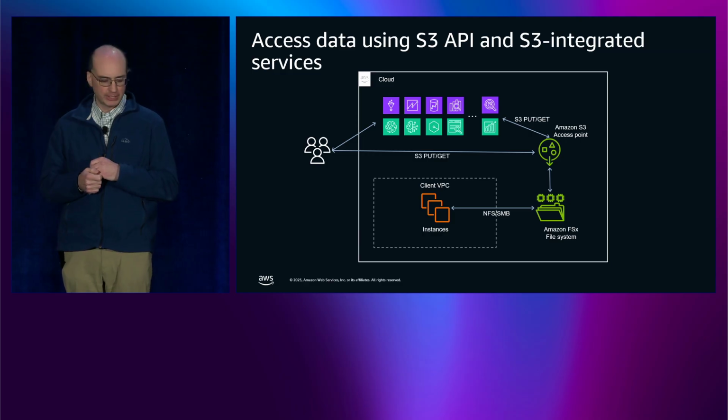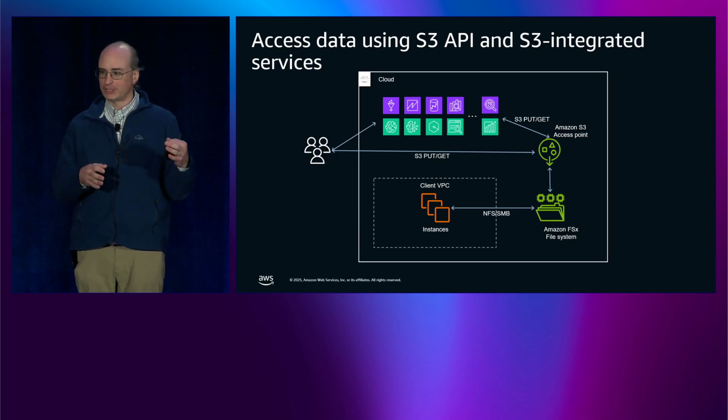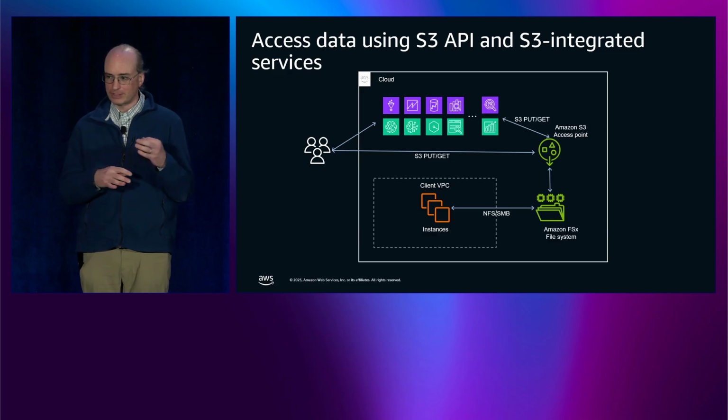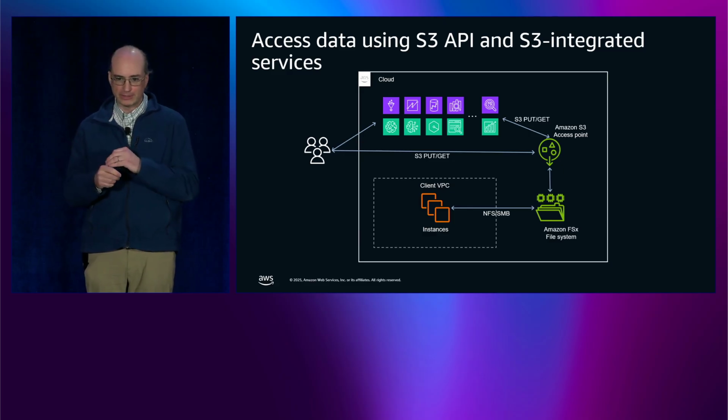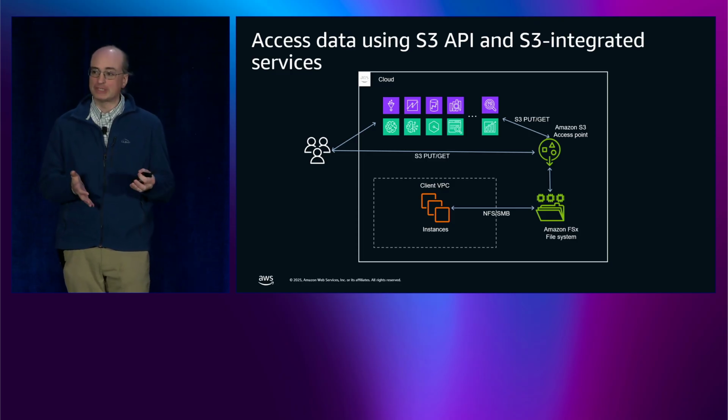point. The first thing that will happen is the access point itself is going to look at the policies that are defined for that particular access point. These particular users are allowed to perform gets on these prefixes, or these particular users are allowed to list objects or delete objects and so on, and it'll decide whether that particular request is allowed or not. If it's allowed,